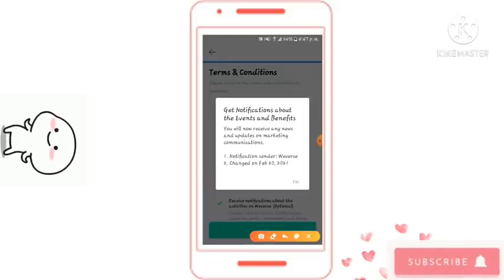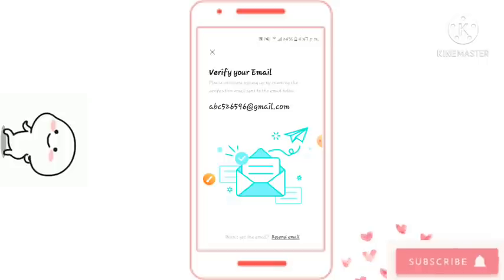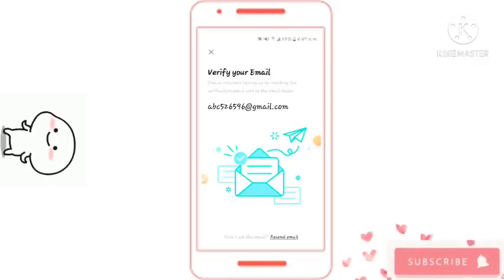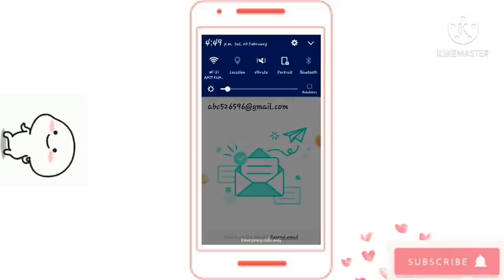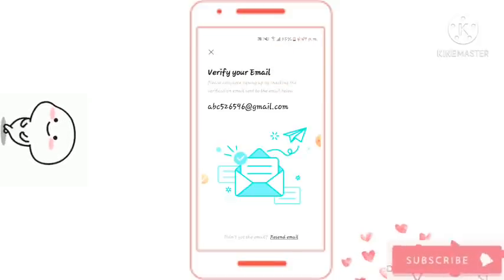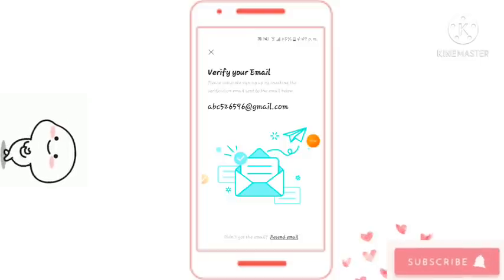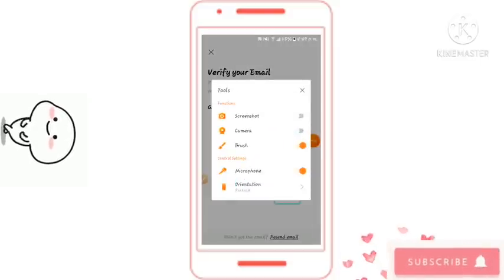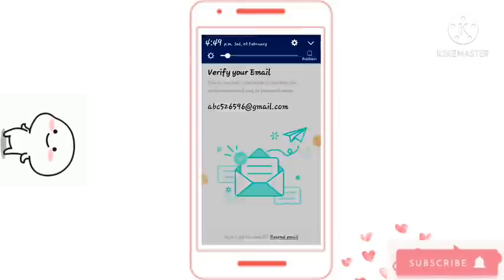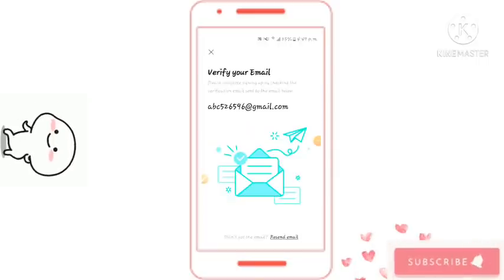So now I'm going to click on yes. After clicking on yes, it is showing that a verification code will be sent to my Gmail ID. You can see I'm right now waiting for the notification, but there's no notification of the email. I'm unable to receive any email from the Weavers. And let me highlight it, there's no email right over here.